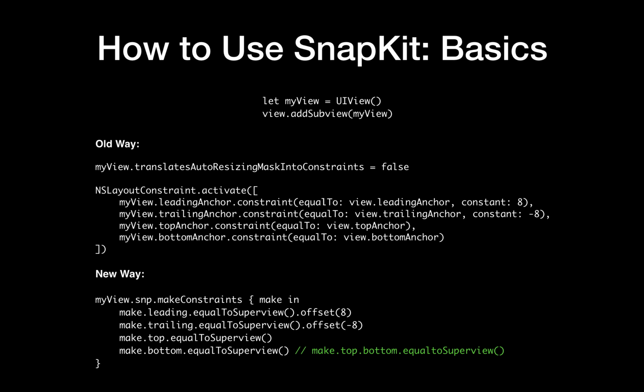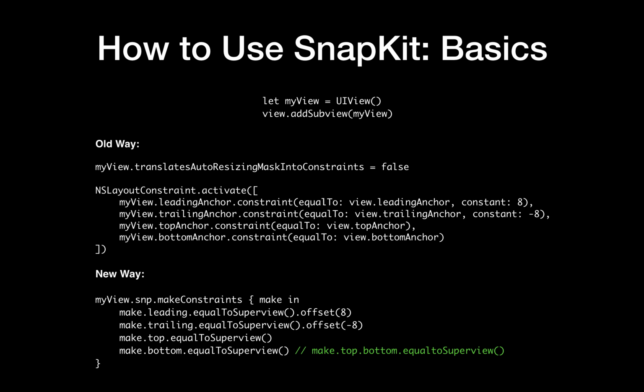So the new way with SnapKit is it introduces this little .snp to the end of every view, and you use that to make your constraints. So instead of doing leading, trailing, top, bottom, with all the really long text, you can do myView.snp.makeConstraints, and then you have this little curly thing,